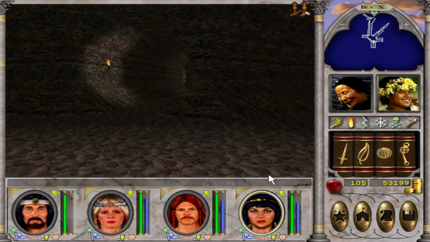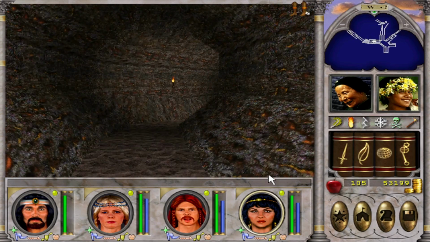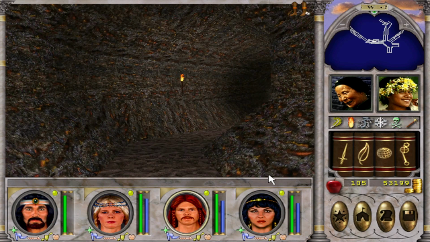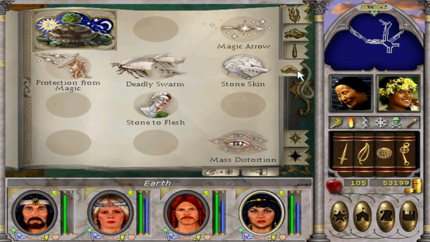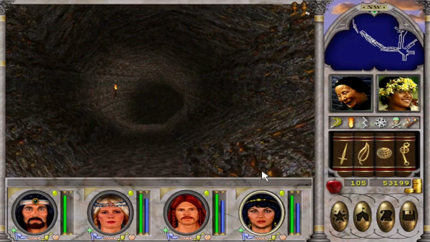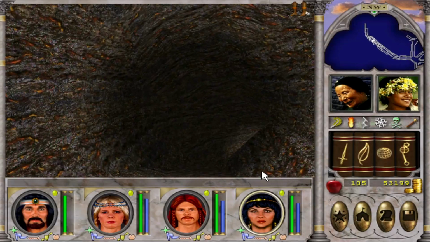The Cave of the Dragon Riders. If you do this dungeon the classical way, you can use this spell. Is it Mass Distortion? Yes, Mass Distortion to great effect, but it is rather slow. But once you have the blasters, you can pick up your reward here, because there is no quest for this